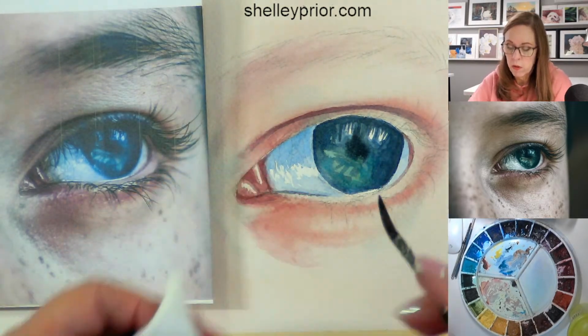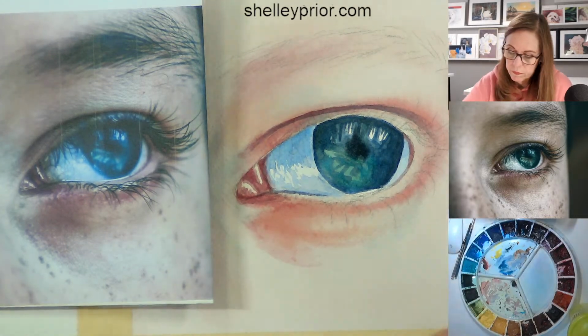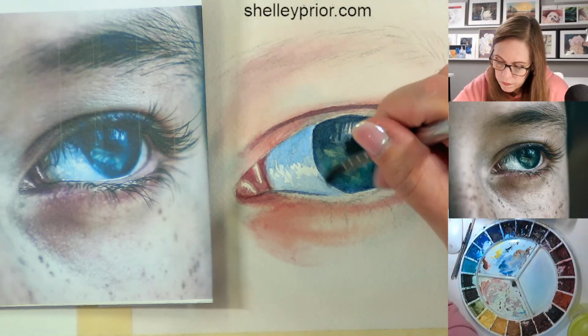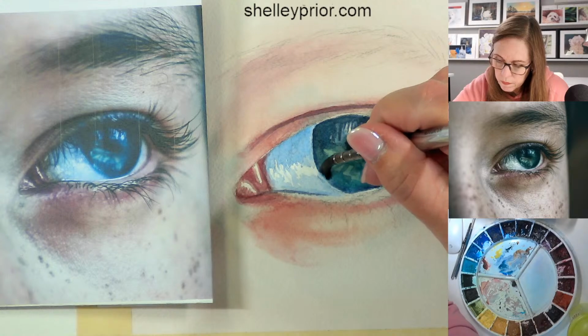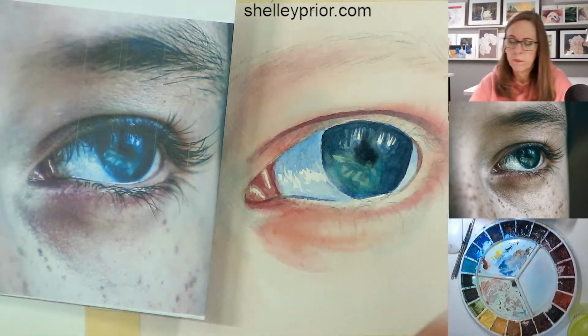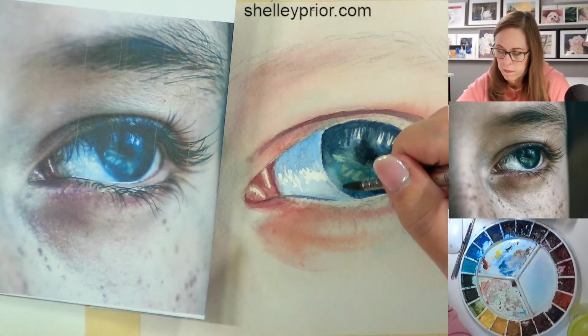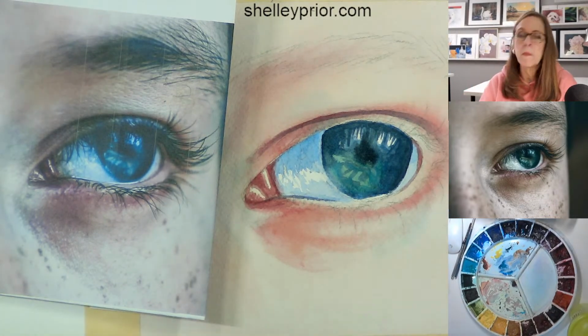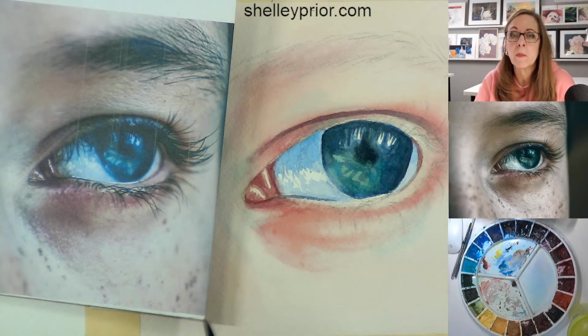Clean paper towel. Just get rid of that edge there. There. I may end up having to use a little bit of white paint there, but I think I'm okay. All right, so